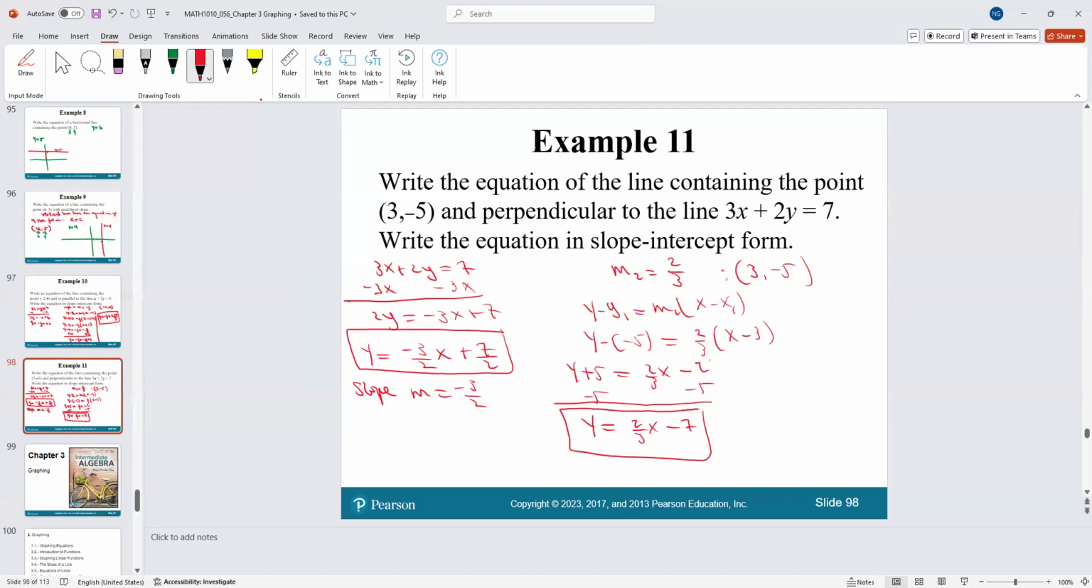I hope this video helped you to better understand this section on graphs and functions, and it will help you to better understand the use of slopes, and also how you can write any equation in slope-intercept form